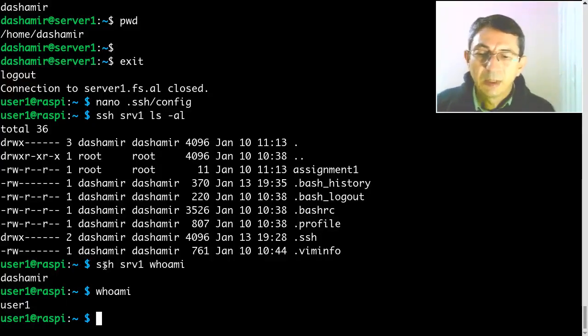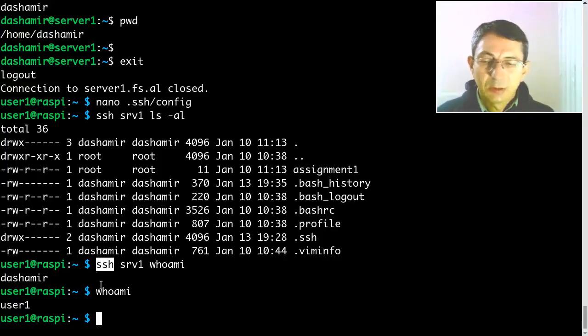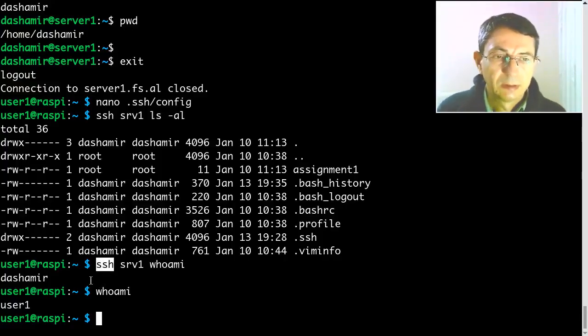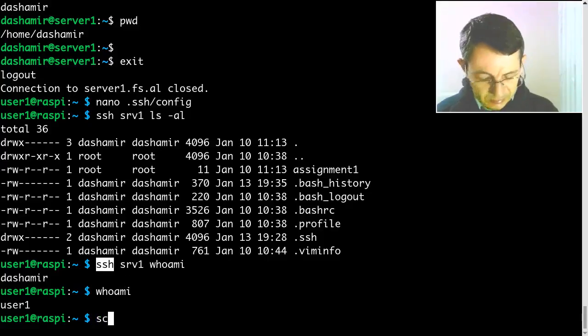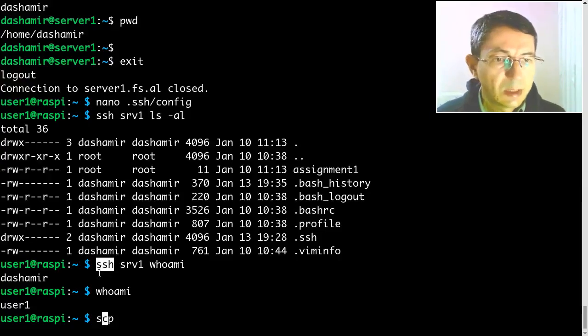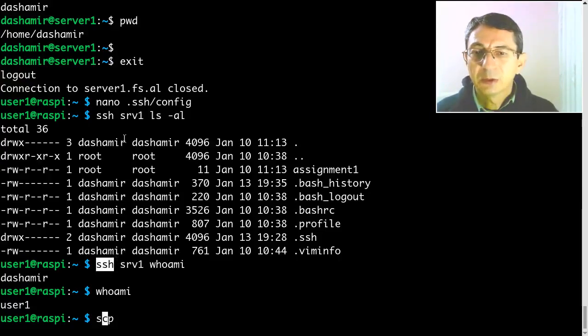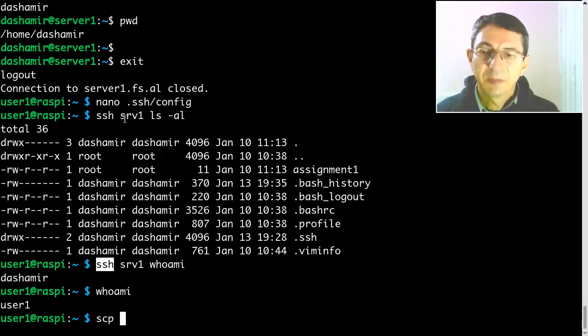Now this command ssh also has a similar command which works the same way, which is called scp. This is like cp, copy, but secure copy. SCP is secure copy, but it works the same way as SSH, using the same protocol, etc. And it also uses the same configuration file. So I can use scp and